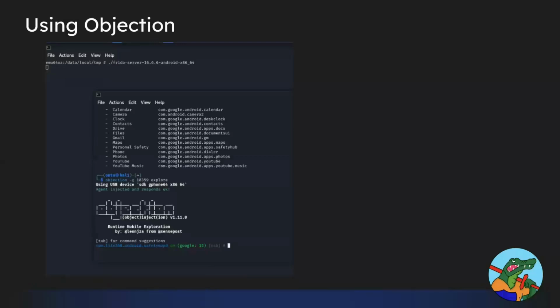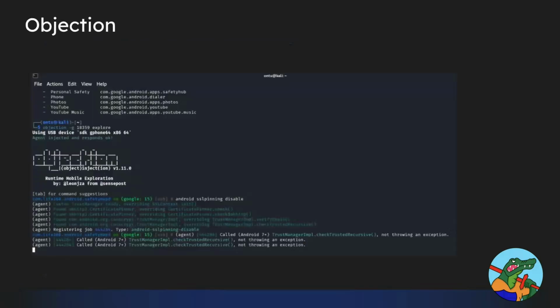Kind of just like using Frida, you just run objection on it instead. And then you're given this terminal, you're given the shell, and then you use tag G to specify the process ID of the app you want to inject into or configure. And 18359 for this example was Life360. So after that, you can type in the command Android SSL pinning disable, and then it will finally disable SSL